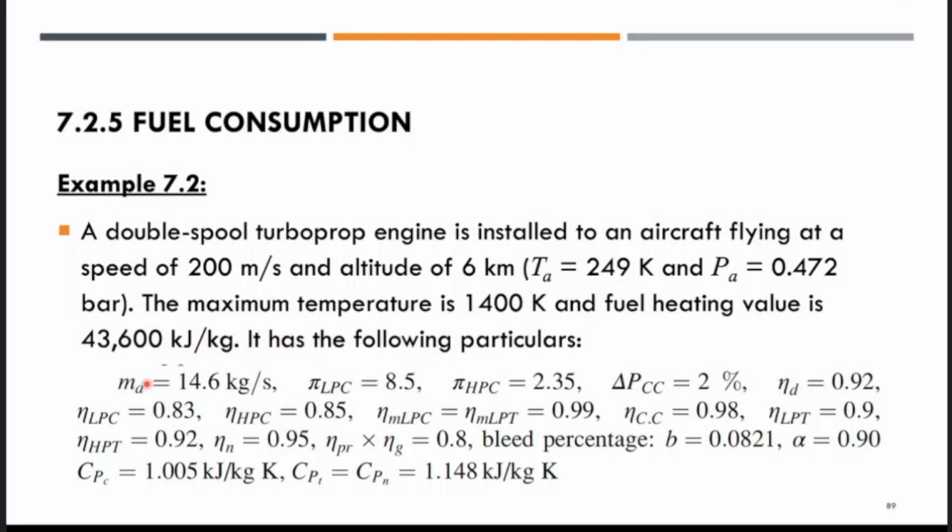It has the following particulars. So there are many information given here. Okay, mass flow rate is given 14.6 kilogram per second. The compressor ratio, low pressure compressor 8.5, high pressure compressor pressure ratio 2.35. The pressure change in the combustion chamber 2%. Okay, the inlet or diffuser efficiency already given, and the remaining. So you have to take note of all of this in order for you to use later on. Even the bleed percentage B is given, alpha also given, specific heat capacity at constant pressure for the compressor, and then for the turbine and the nozzle also given. Okay,